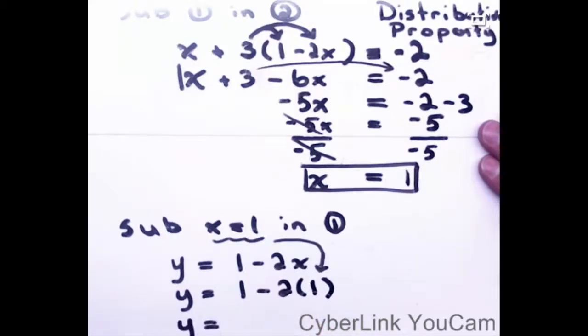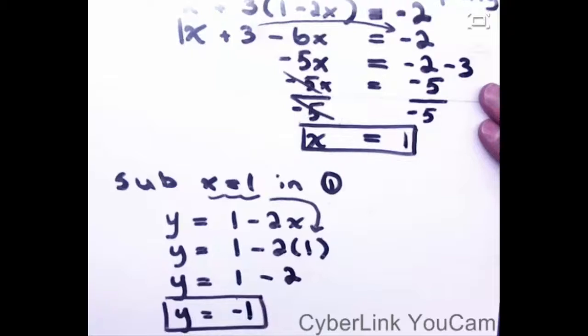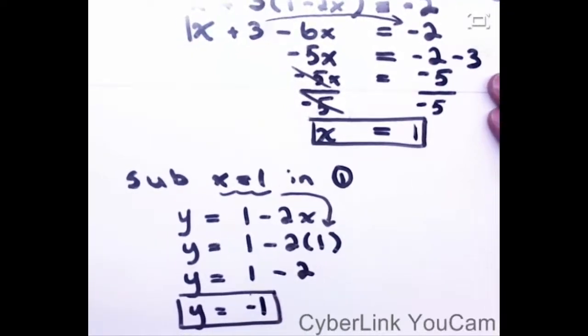So let's do the math. 1 take away 2 times 1. We have to do 2 times 1 first. So it would be like 1 take away 2. And we know if we have one thing and we lose 2, we would be down 1, or we would have negative 1. Okay? Now you have 2 values, x equals 1 and y equals minus 1,